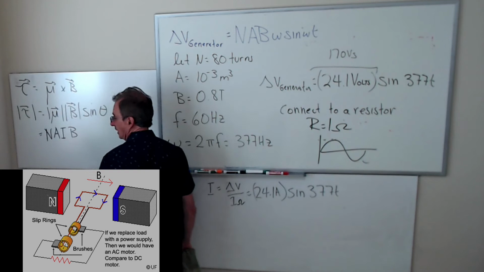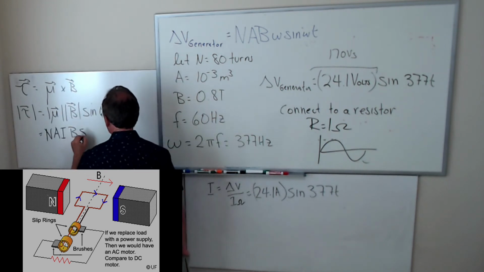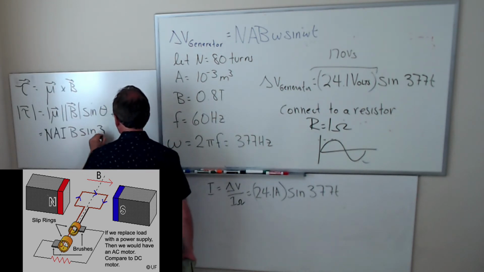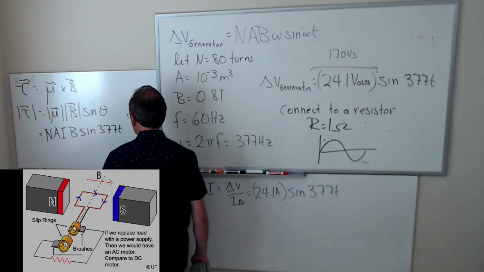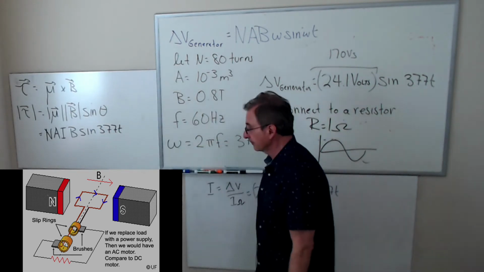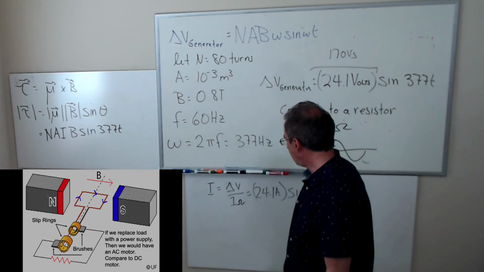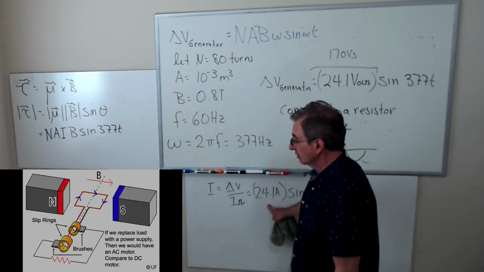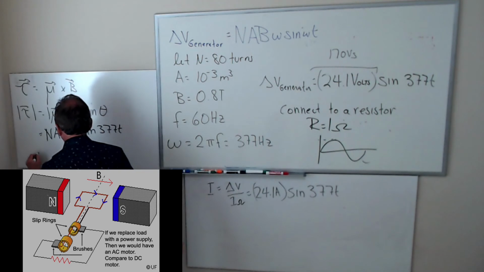It's some constant value in our example. And then the angle varies with time because it's spinning. But what's I? I is this. So the torque on that loop of wire is going to be